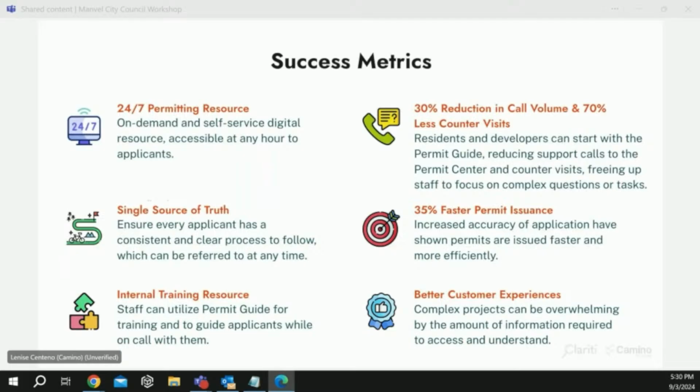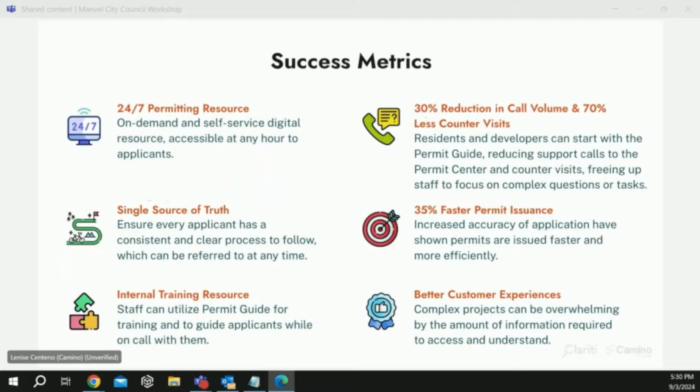Single source of the truth. So we're just ensuring that every applicant has access to a consistent and clear process to follow, which they can refer to at any time. Something that we also know is, yes, this is really helpful to new developers or homeowners who aren't familiar with the building process, but this is also a really great internal training resource for staff.